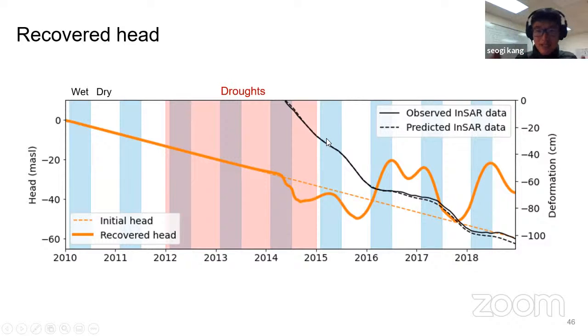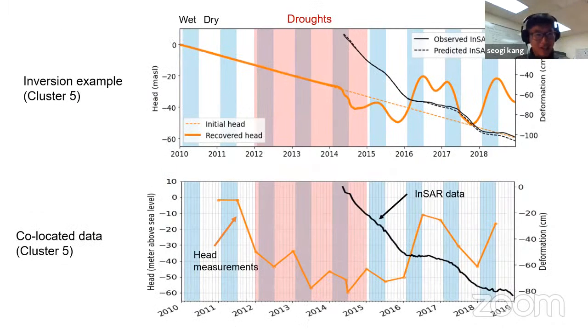Okay. And just by looking at this image, we may not have much idea whether that is really good or really meaningful. So that's where we need the co-located data. This co-located data was actually close enough to this location, and we can compare what we were able to estimate with the actual measurement of head level. In the period where we don't have the InSAR data, we're doing a relatively poor job. But as we get closer to the time period where we have InSAR data, we're actually doing a pretty good job. So it's increasing here, increasing, and going down, and going up,